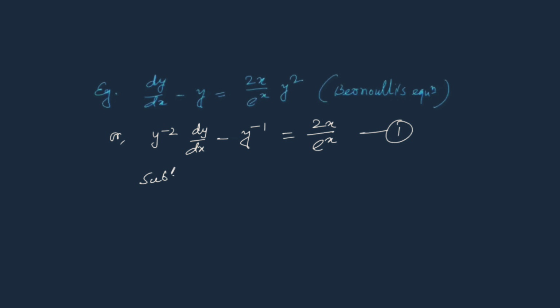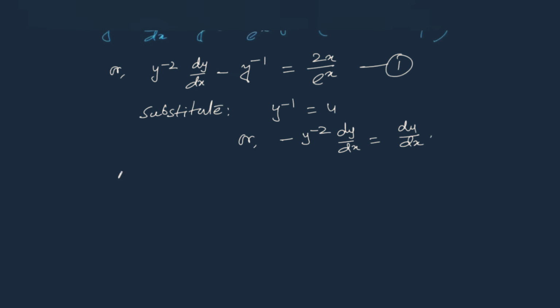Now substitute this y^(-1) as u, so we'll get negative y^(-2) dy/dx equals du/dx. So the equation 1 becomes